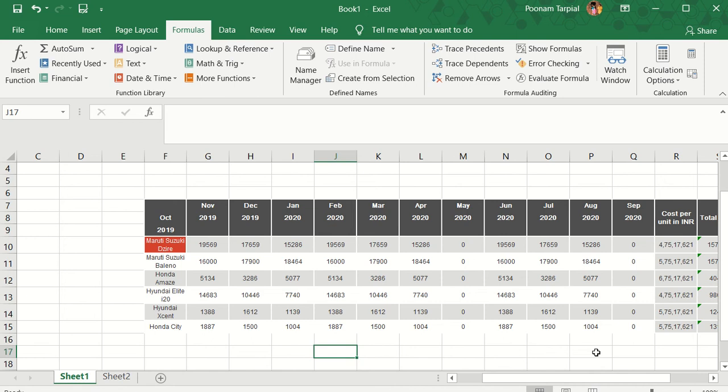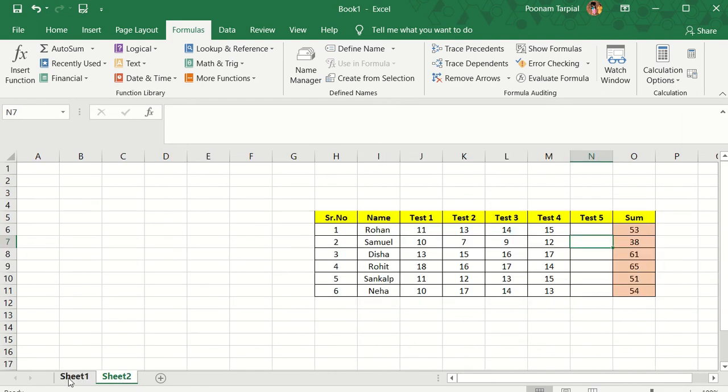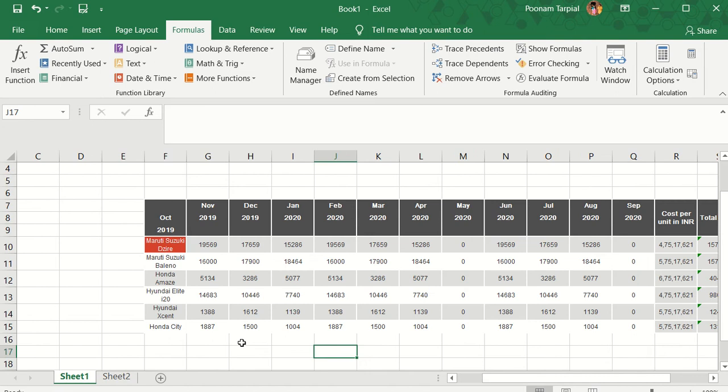I'm going to tell you two different functions. What you are seeing in front of you is a hypothetical sales report, and the second sheet that I've generated for you today relates to scores. This is a very short data set. Normally, when we work in the corporate sector, the data is huge, and that's where this is going to be a solution. When I look at this report, I have to scroll from left to right.